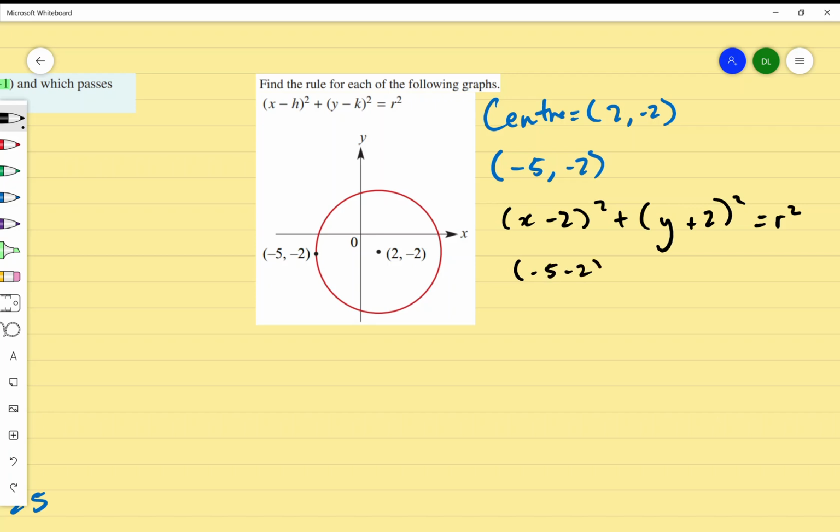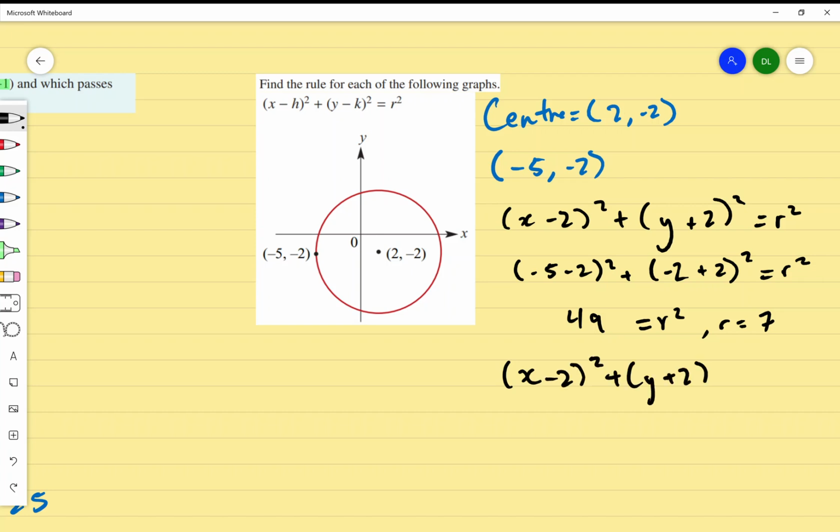So I end up with (-5 - 2) squared plus (-2 + 2) squared, which gives me r squared. Simplifying that, I get -5 minus 2, which is -7. Squaring that gives me 49, plus -2 plus 2, which gives me 0. Squaring that gives me 0, so I get rid of the plus, and I write equals r squared. And therefore, r equals 7. I'm going to rewrite the equation, so I end up with a final answer of (x - 2) squared plus (y + 2) squared